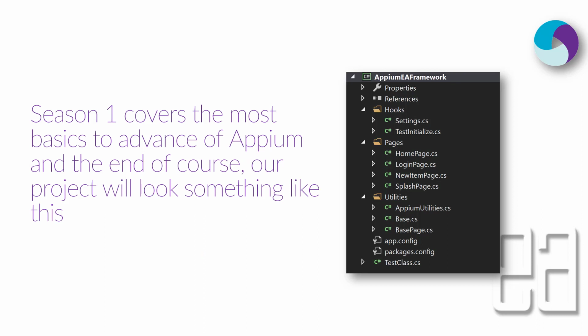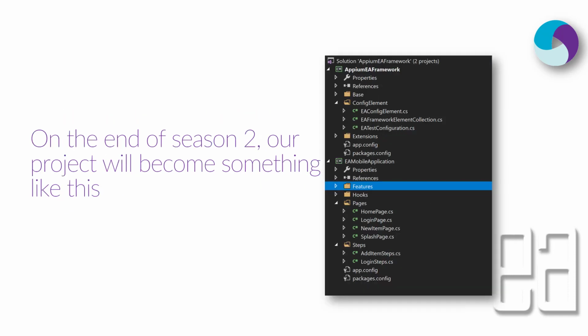As I said, season 1 covers some of the most basic to advanced concepts of Appium, and at the end of the course, the code is going to look something like this, as you can see on the right hand side. This is the actual development of season 1. Season 1 itself is going to be really big, and it has almost all the important concepts required for actually developing a framework. And in season 2, we cover even further to create a framework structure. So we'll have a core framework and a consumer project which actually consumes the framework implementation